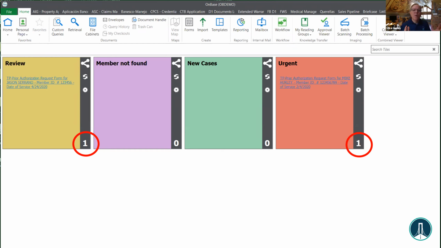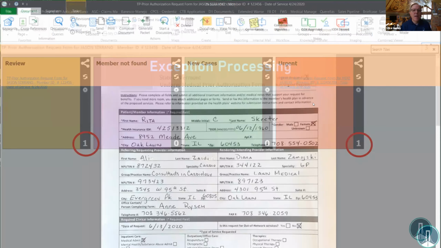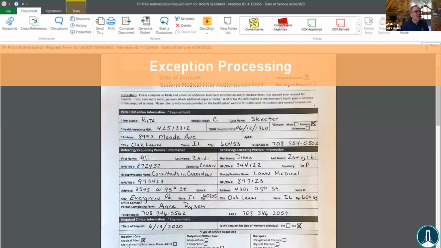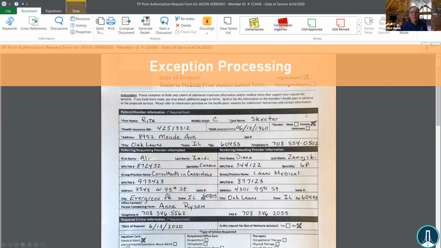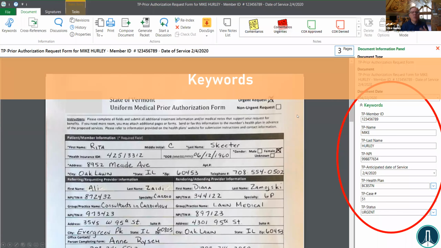You can assign people to only one queue. All that kind of stuff can be handled really easily. But I'm just going to click on the urgent queue here and show you how exception processing really works. In exception processing, we have an interface where we're going to review the document within its context, usually a whole page, and then we're going to try to capture information or look at the information that was captured from that document.